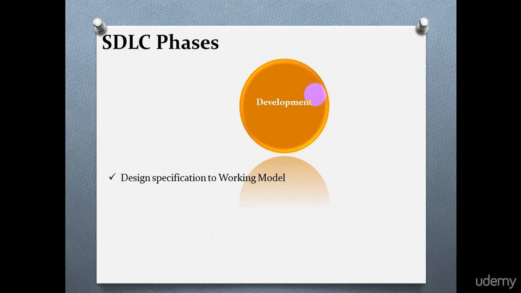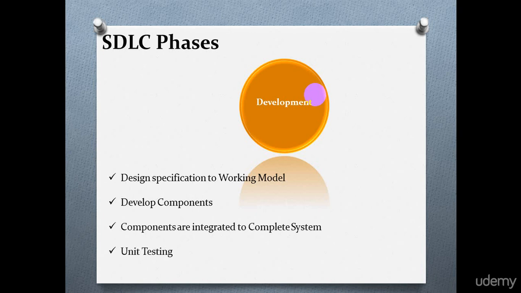Once the components are built by the developers, they are integrated to form a complete system. In this phase, development team also tests the components and system against the requirement. This is called as unit testing. Results of unit testing are documented. Unit testing is done to ensure the system is ready to deliver to the testing team to test the various